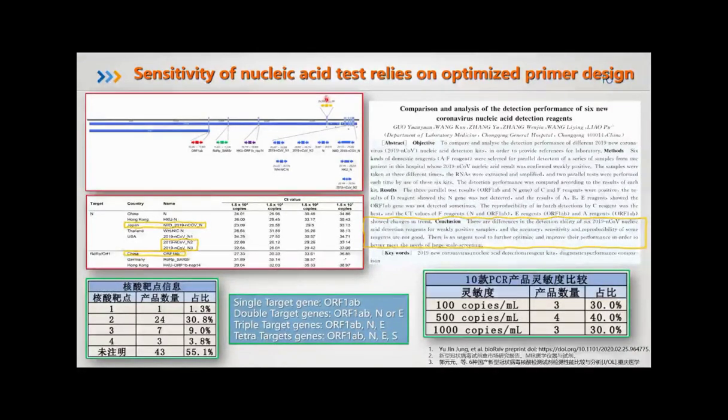The Hong Kong uses HKU N, and where is it? Oh, here, the HKU ORF1b, here. And US CDC uses the N1, N2, and N3. Thailand uses here WH-NIC N, and Japan uses